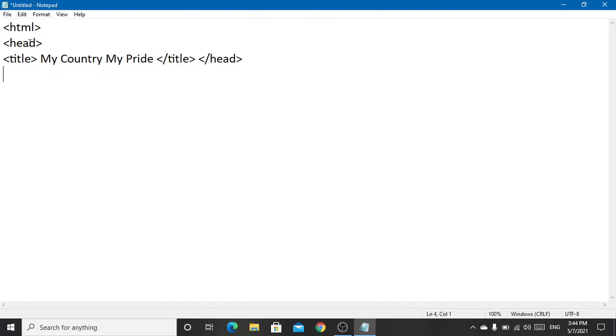Also make sure that if you write an HTML tag in small or capital letters, you close the same tag in the same case that you typed at the beginning.